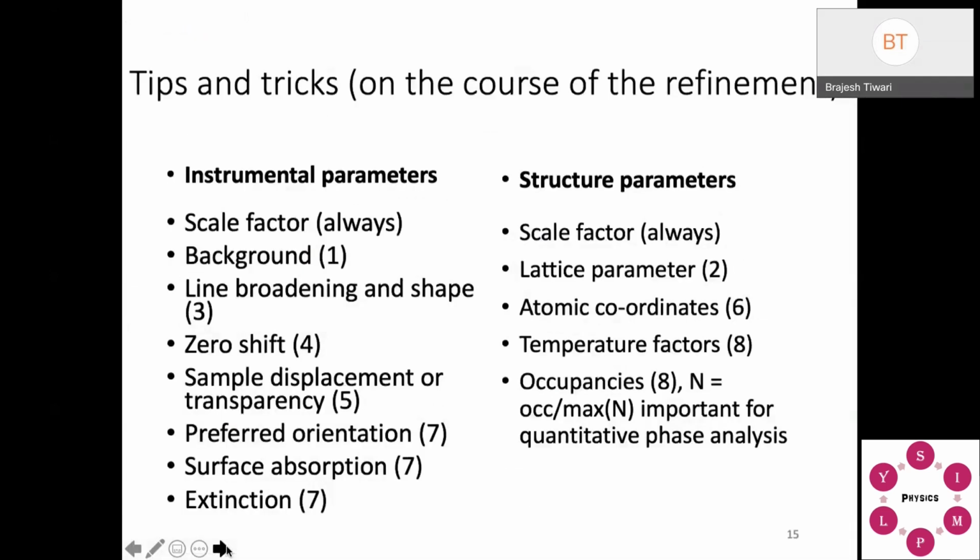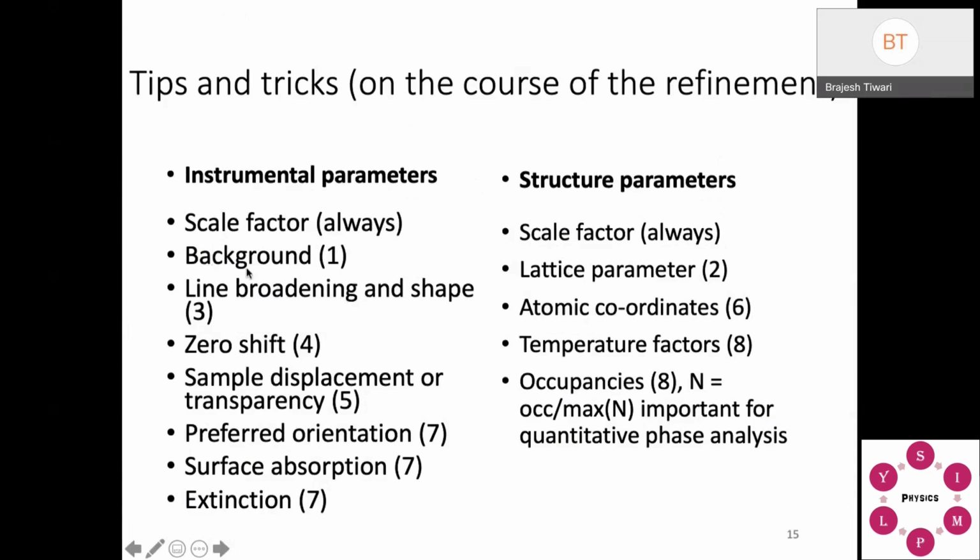Okay, so these are some tricks for refinement, though it is not a thumb rule. You can use this way to refine your data. Some people can have a different approach, but this usually works. For instrumental parameters, the scale factor is very important.